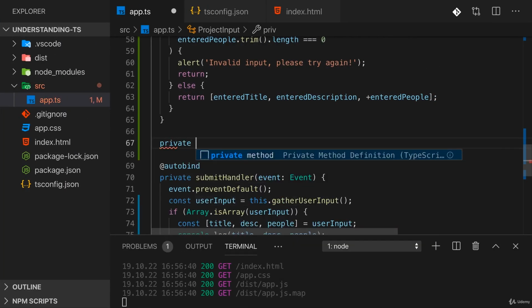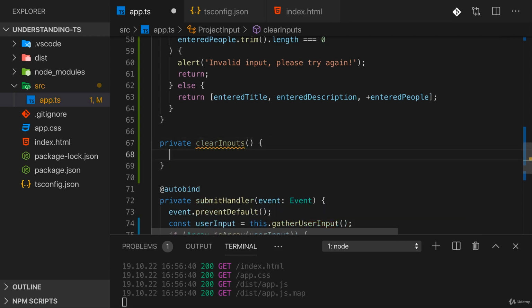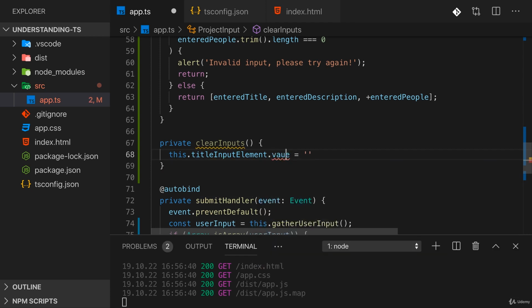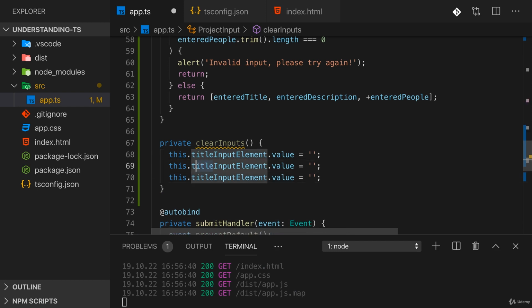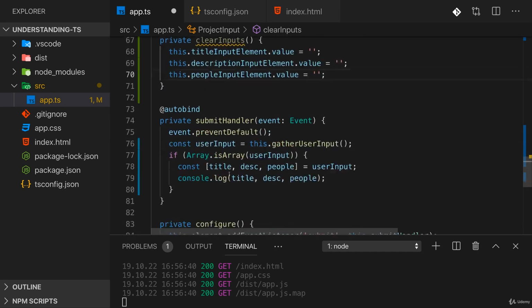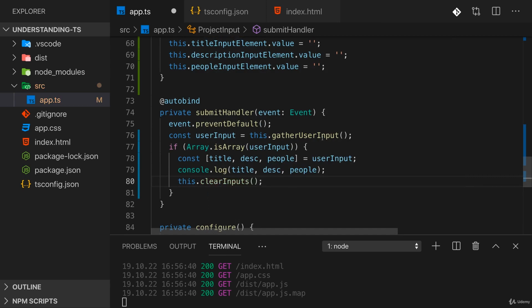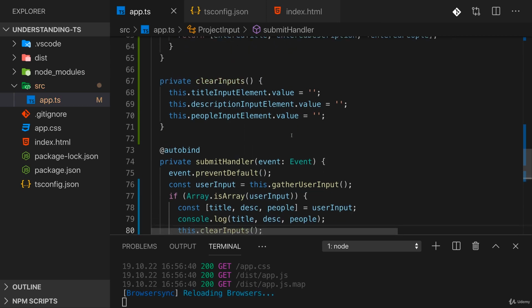Now for that, we can add a new private method, clearInputs. There we can set this title input element's value equal to an empty string, and repeat that for the other inputs as well. So here we have the description input element, and here we have the people input element. And now if we call this clearInputs here, we should make sure that the form is cleared once it